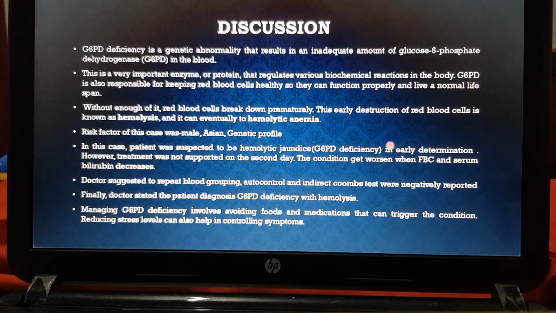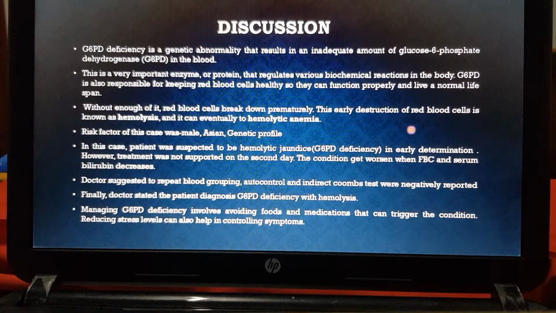As we discuss in this case study, G6PD deficiency is a genetic abnormality that results in an inadequate amount of glucose-6-phosphate dehydrogenase in the blood. This is a very important enzyme or protein that regulates various biochemical reactions in the body. G6PD is responsible for keeping red blood cells healthy so they can function properly and live a normal lifespan. Without enough of it, red blood cells break down prematurely. This destruction of red blood cells is known as hemolysis, and it can eventually